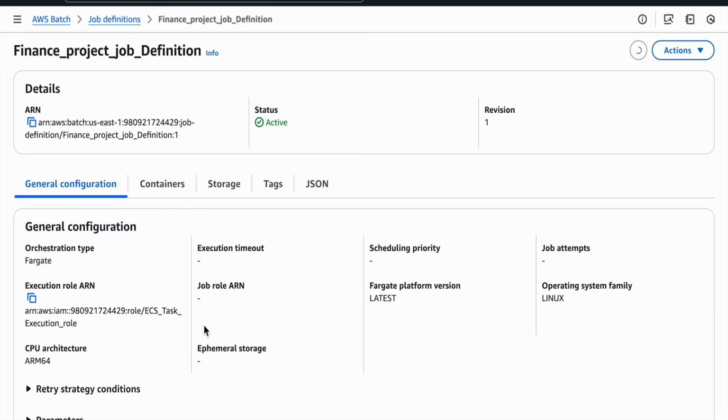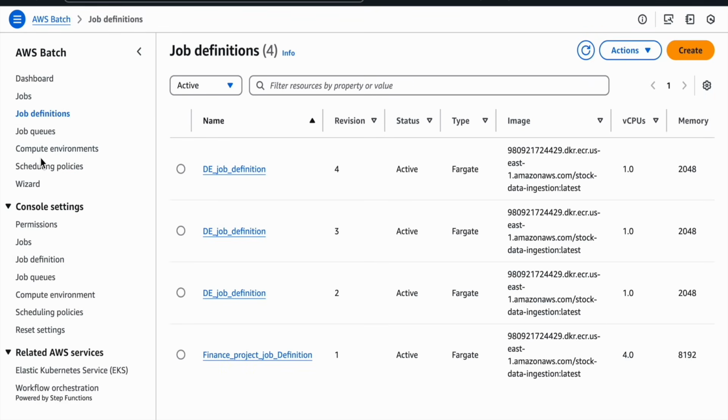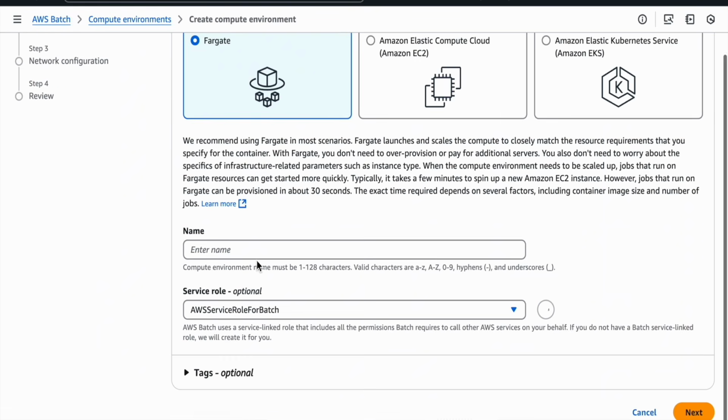Create job definition. Now finance project job definition is successfully created. You can see it over here. Type is Fargate, maximum vCPUs is 4, and memory is 8 GB. Now once the job definition is done, let me go to compute environment. Click on compute environment, finance project